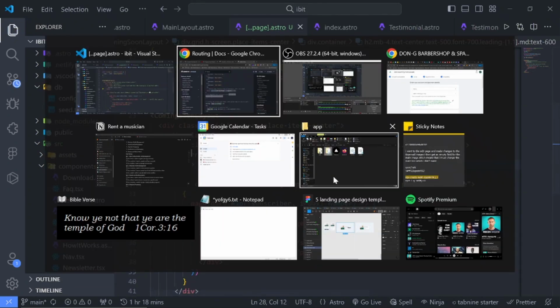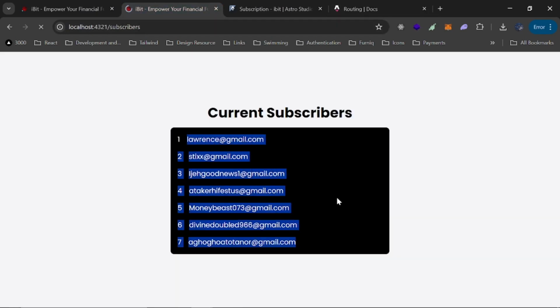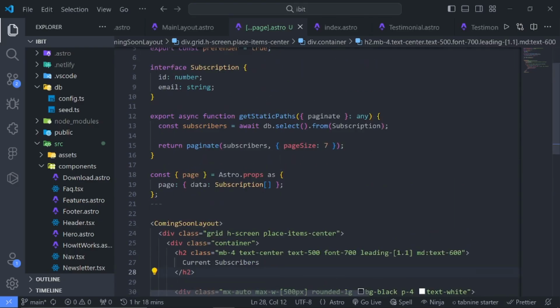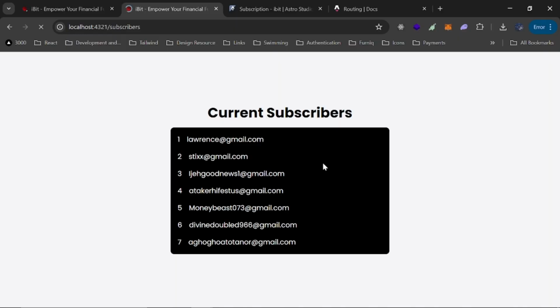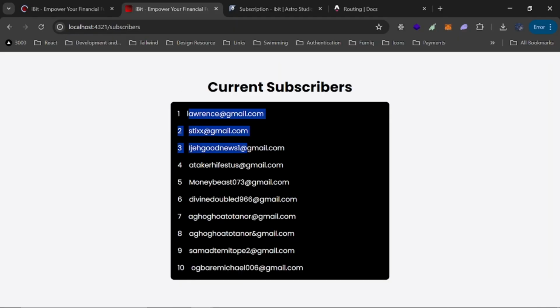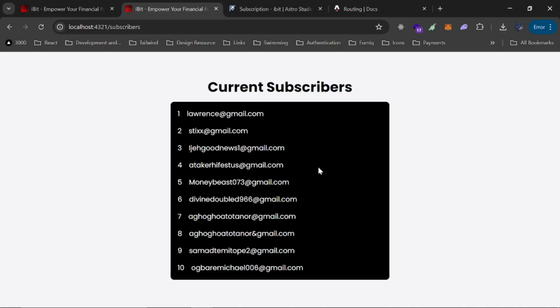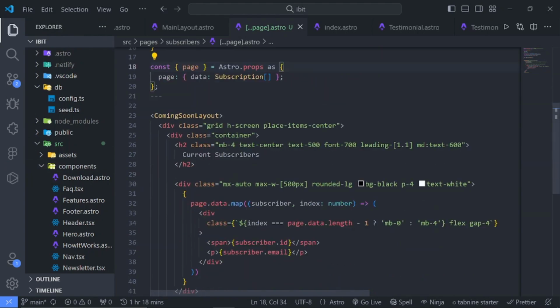So you can see that's coming in. Okay. So if I go back, you can see we're seeing the first 7 emails. So if I increase it to like 10, which I'll just leave it at 10. Alright, so we just leave it at 10. Then I just want to have a next button to show the next data. So to do that,